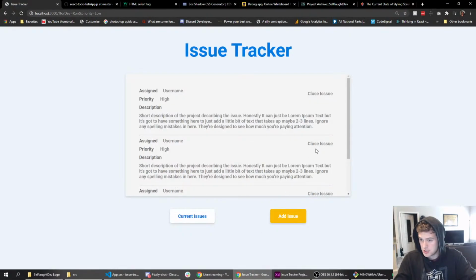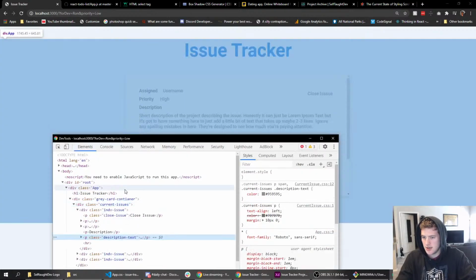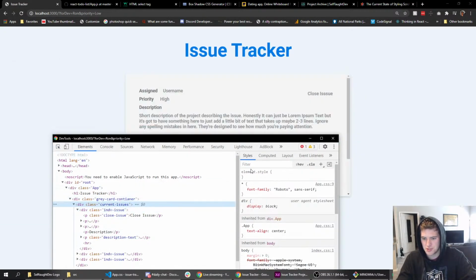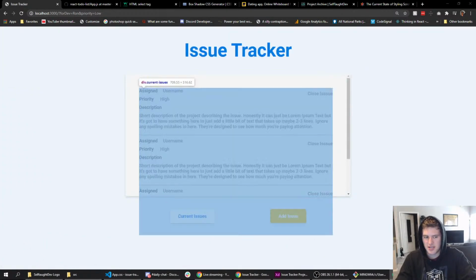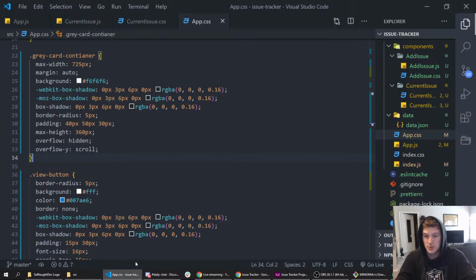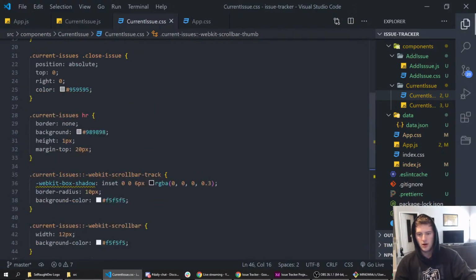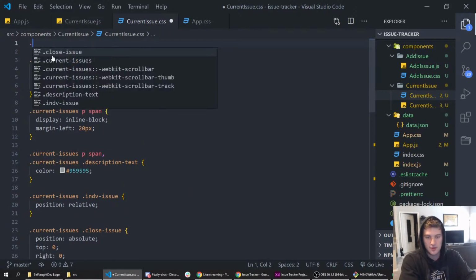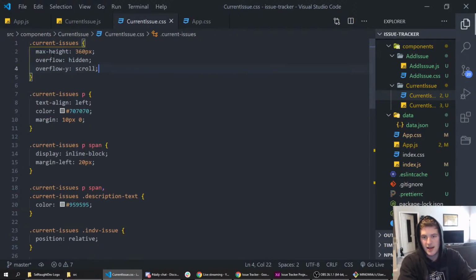And then if we refresh, not working. Porque no working. Current issues doesn't have a max height on it. Right, so we need to grab this stuff. We don't want that in the gray card container. We want that in our current issues CSS. So back at the top here, we'll add another selector for current issues, and then add it there, and then